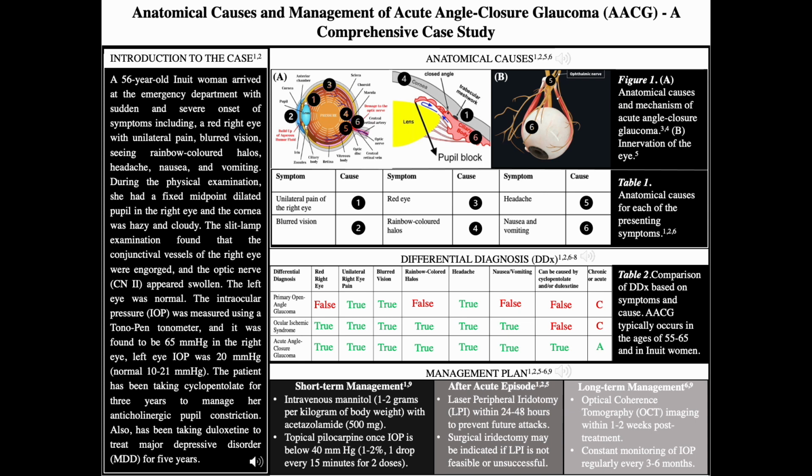Additionally, number 6 represents nausea and vomiting. Headache, nausea, and vomiting can be the results of increased IOP, causing compression of the optic nerve and subsequent ischemia. Targeting this can target pain pathways and autonomic responses. So this is why you can see number 5 and number 6 are close to the optic nerve in the